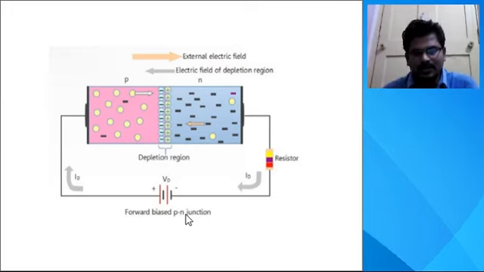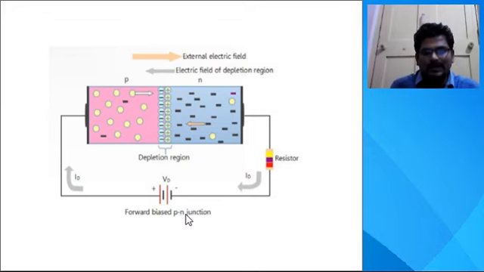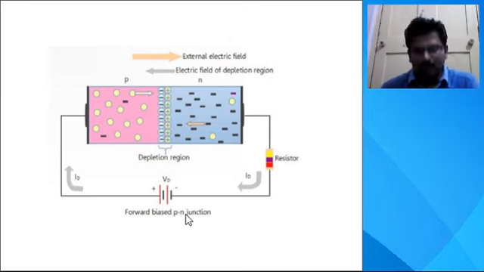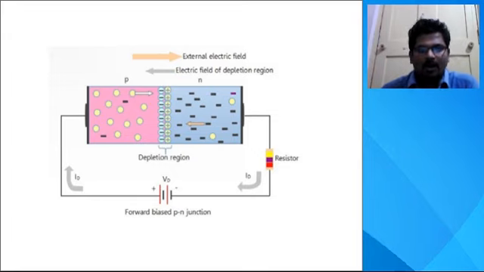So due to increasing the diode voltage, we are getting current through our PN diode, and that current is called the diode current. This is the diagram for the forward bias PN diode. Here we can see that an external electric field is applied at the potential of positive and negative, that is VD, and the diode current is moving from positive to negative.